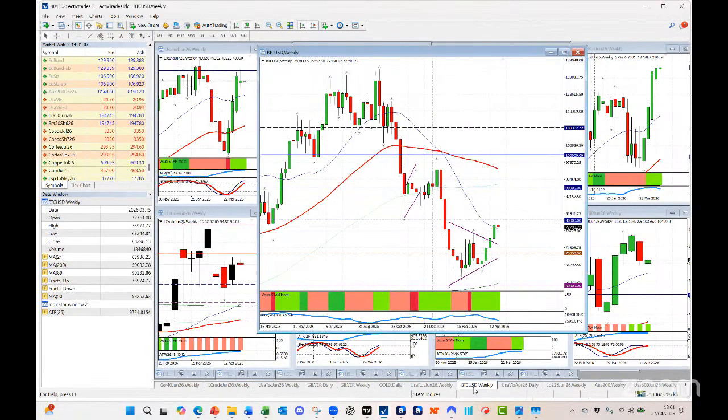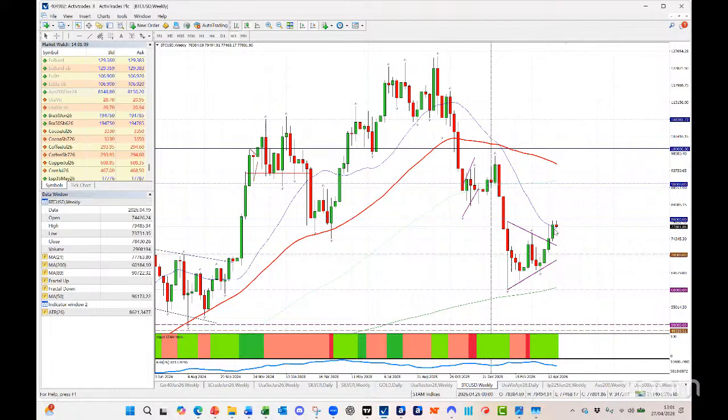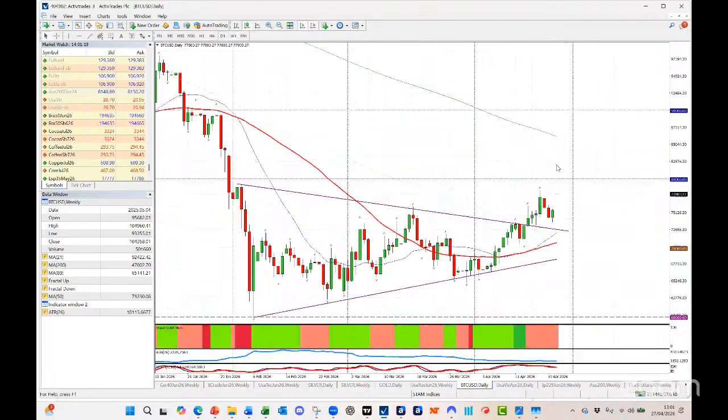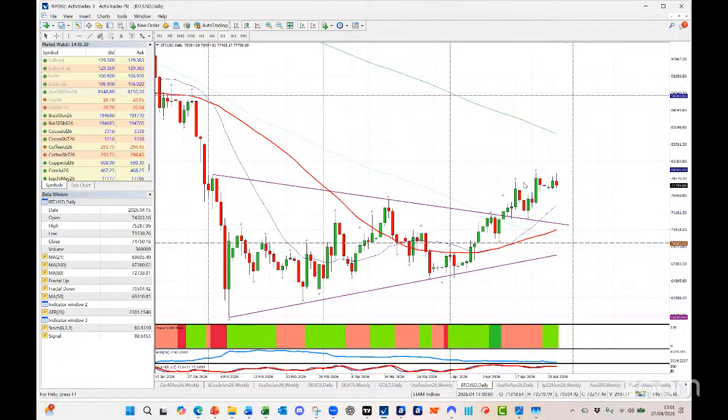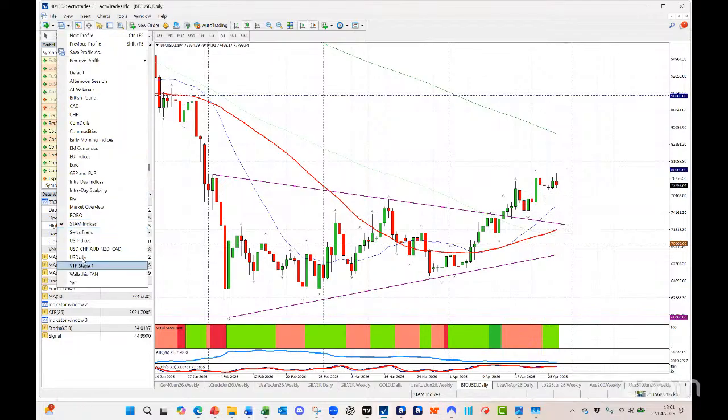Before we look at the dollar, Bitcoin on the weekly, we talked about how we thought we were building a little bit of a base, a little bit of coiling up, a bit of a symmetrical triangle, and we've pushed our way a little bit higher over the last couple of weeks. You can see that on the daily chart working its way up there. Personally, I'd want to see it up above 80, up towards the daily 200. That gives us that indication. But I think some of that is also to do with risk sentiment and the dollar itself.